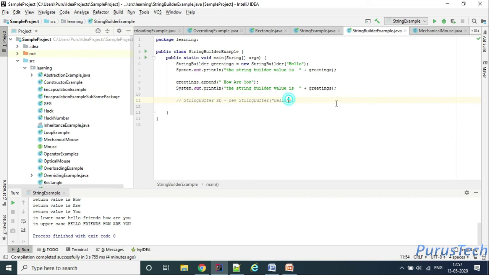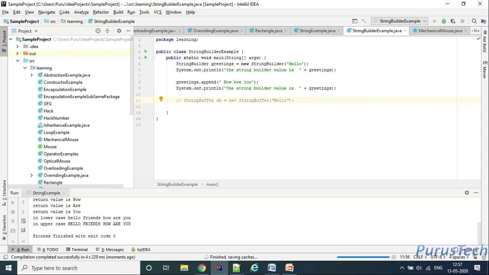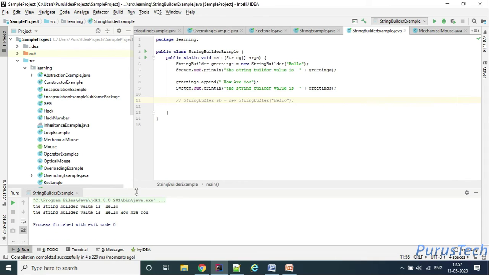We'll come to this. Let's run this. See here, the string builder value is hello for the first one, and the second value is hello, how are you? Because I'm appending this how are you to this. This is what is the output.